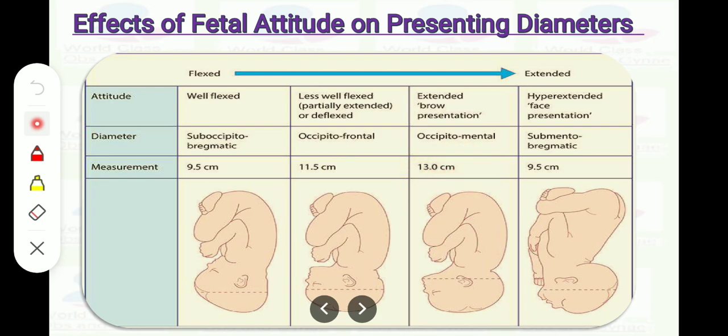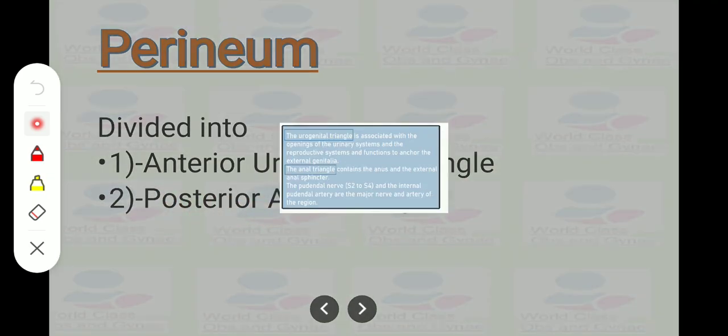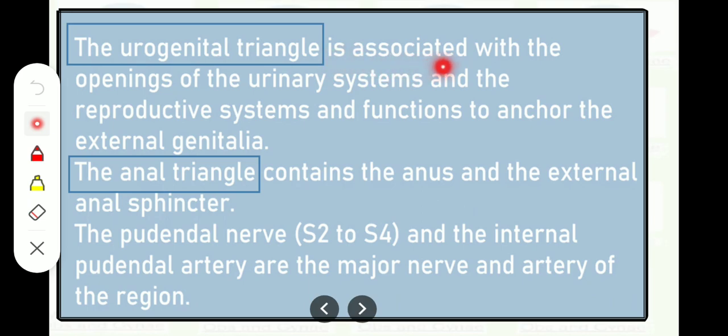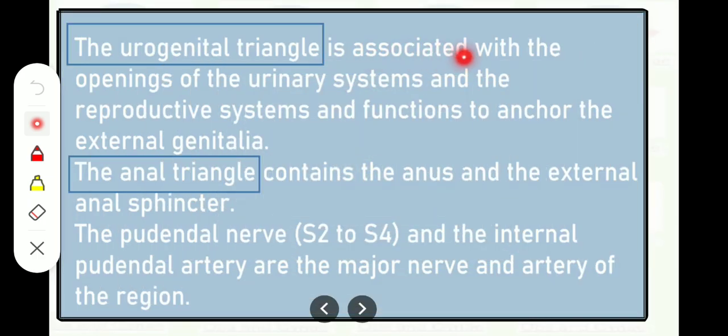And when it is fully extended, then the delivery will be in the face presentation, and the diameter will be reduced to submentobregmatic, that is 9.5 centimeter. Okay, so quick review of this chart is very important. Perineum is divided into anterior urogenital triangle and posterior anal triangle. Okay, so urogenital triangle is basically, I will show you the figure in the next slide, but just have a quick review that urogenital triangle is associated with the opening of urinary system and reproductive system and function to anchor